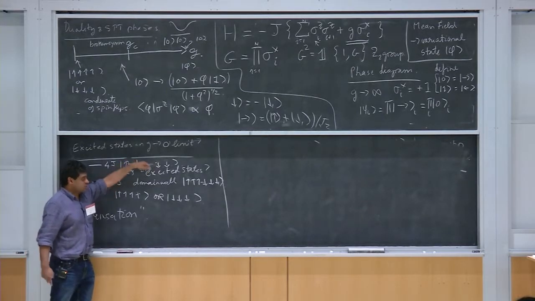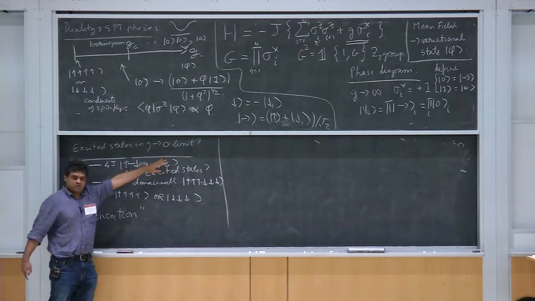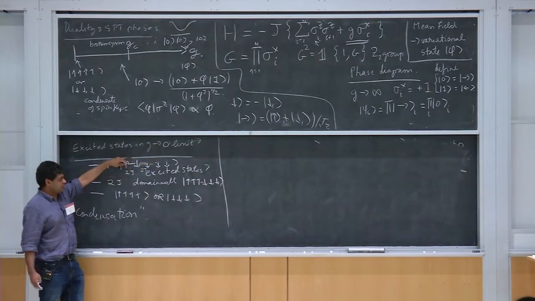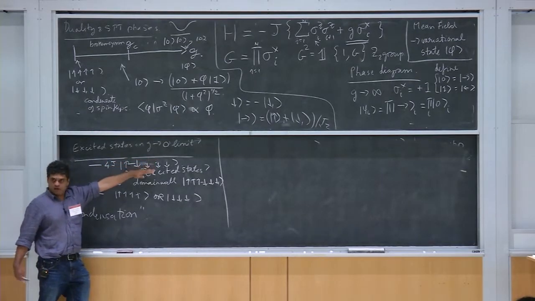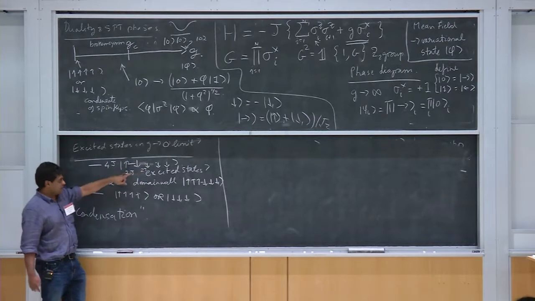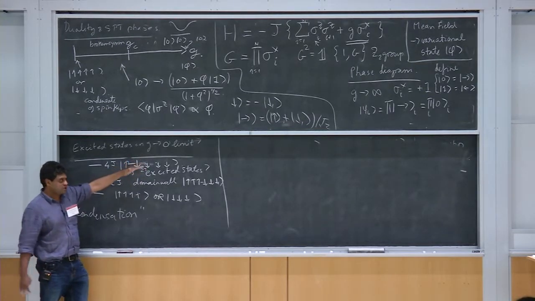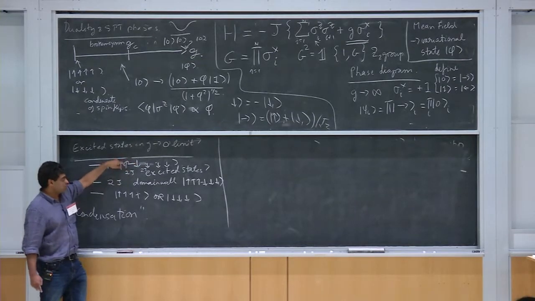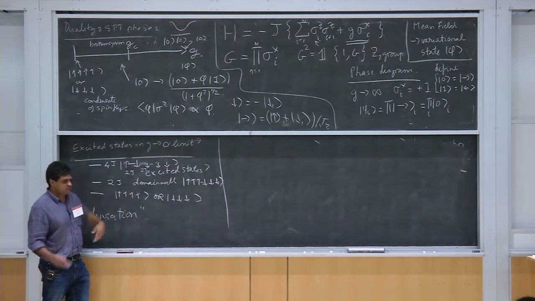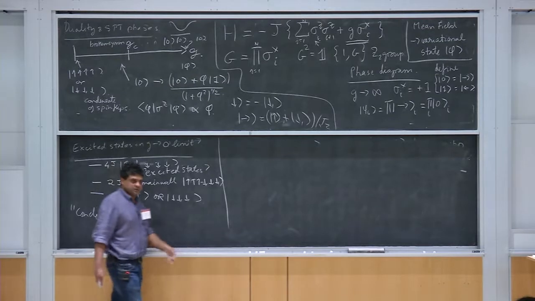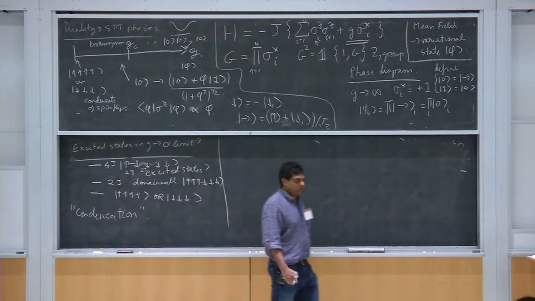There are no more domain walls, so it stays down. Okay, so there should be a way of trading my spin variables for domain wall variables. I may need one more extra bit of information, but I'm thinking about a large system, a large number of spins. I don't really care about one bit of information. There should be essentially a nearly complete specification of my system in terms of domain walls.